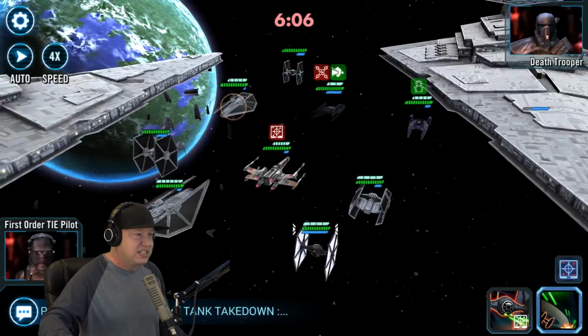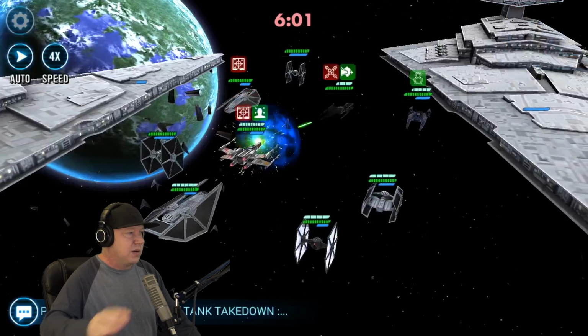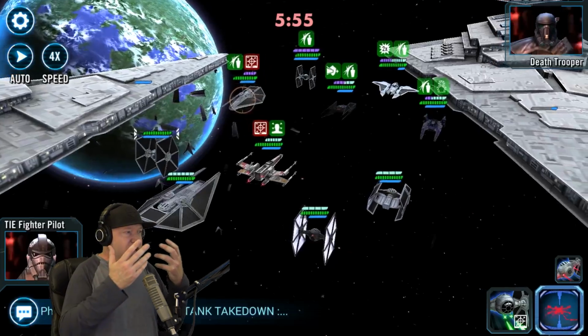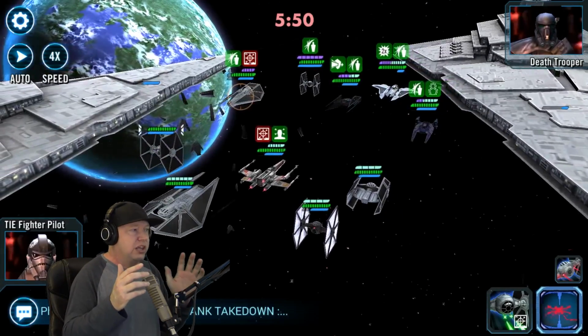But if I can get rid of his TIE Reaper, that'd be very good. Plus, maybe I'll give some protection back to my Biggs. Look at that. Biggs right now pretty much has 100%. Okay, now this is that Gar Saxon ship. Look at that. All the negative status effects went away except for the target lock on the TIE Reaper